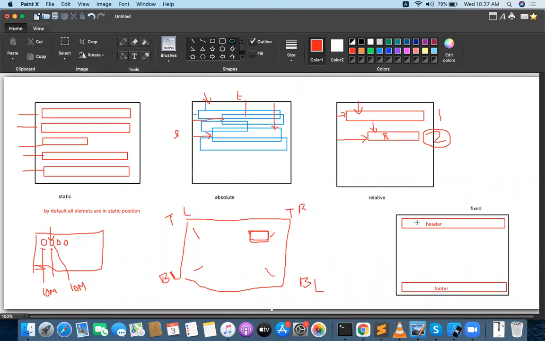For example, I am taking a simple logo here. I don't want to change the logo's place with my body scroll. Suppose there is a news reading application. You can scroll your body with your news reading, but your logo is not changing place. Your logo is fixed on top of the body.